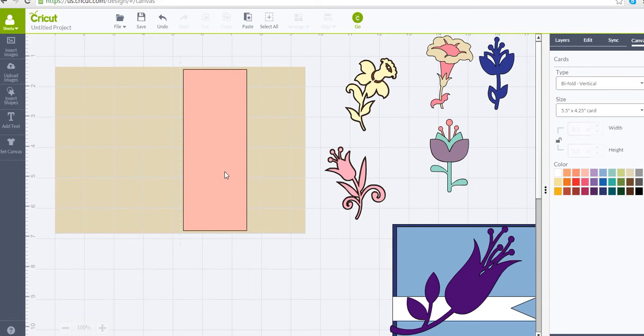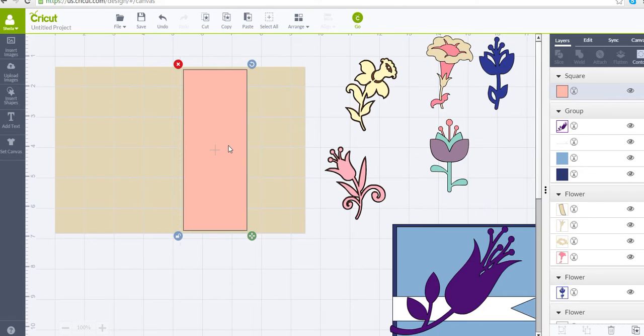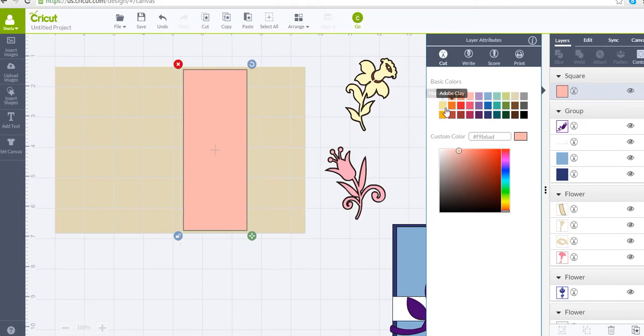Let's just change this one. Go to layers and change this to this color here. And why didn't it turn to this color here? Did I not grab it? Square, honeysuckle. There we go. Now,